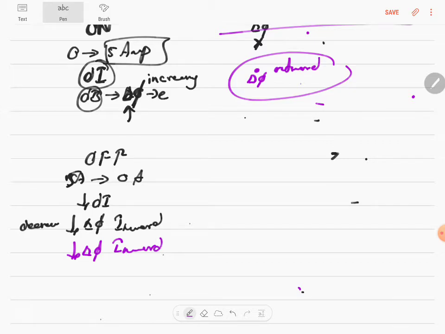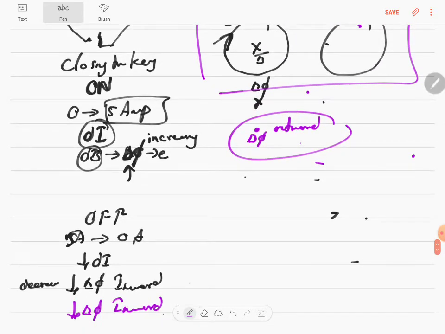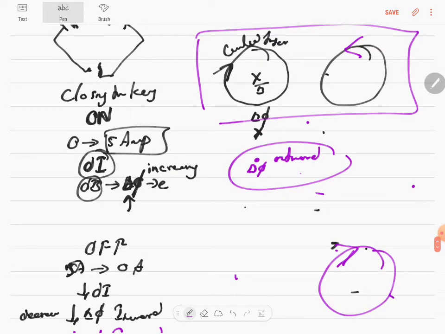So if I have to get the flux change in the same direction, which is inward, thumb pointing in the direction of the flux, which is inward inside the paper, you see that clockwise should be the direction of the induced current. If the same question was asked, I would write clockwise, which is adjacent to the same sum. You see the same sum